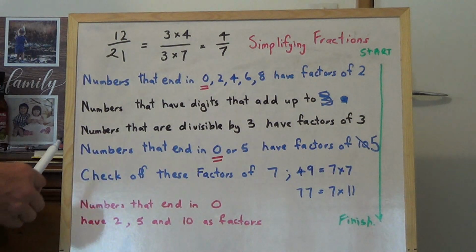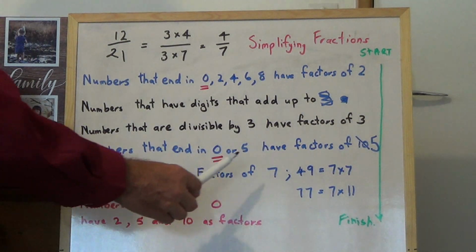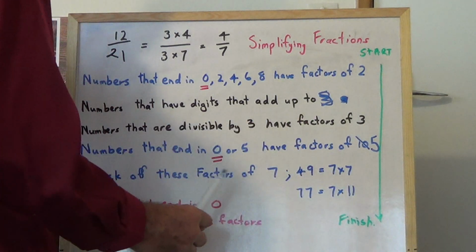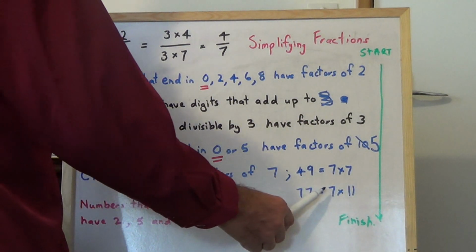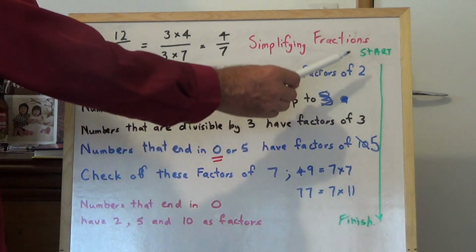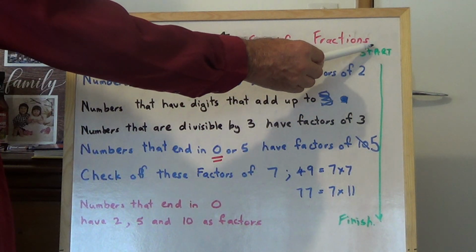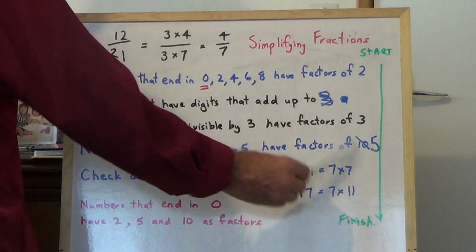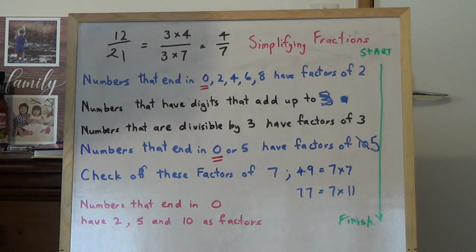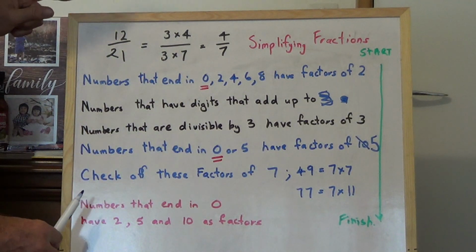And there's 2 factors of 7 you need to check on. That's 49, which is 7 times 7, and 77, which is 7 times 11. And you do use this strategy. You start here with the factors of 2 and work through the factors of 7. And you need to note, this is in red, so I hope you can see it, but if you can't,